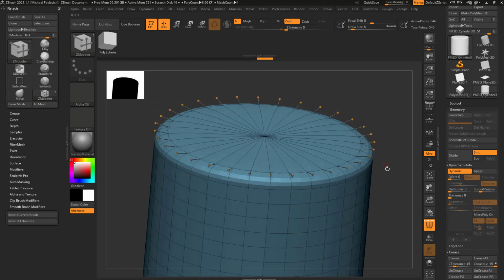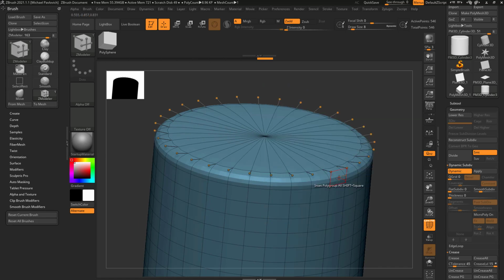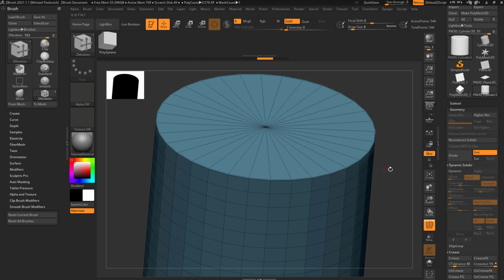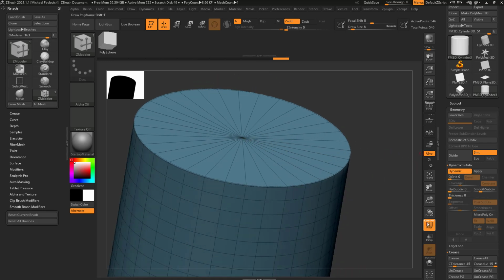So again, if we do a D for dynamic subdivision, we hover over an edge, we can say crease edge loop complete and just crease this entire edge. If it's difficult to select, if you can't quite see where it's happening, just do Shift D to turn it off. Go ahead and crease this entire edge, then turn dynamic back on with D,